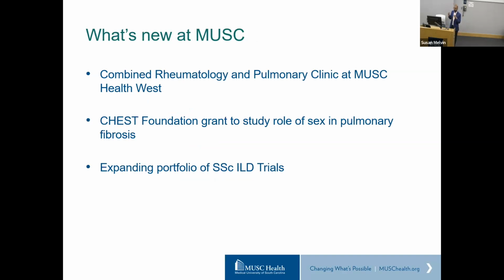I have a CHEST Foundation grant to study the role of sex in pulmonary fibrosis. Again, as I had mentioned earlier, men tend to do poorly, and we don't know why. Even if you account for biased exposure risks, like men tend to smoke more and have more occupational exposures as compared to women, we see that men tend to have poorer survival. The reason that evokes interest in me is whether there is something in women that we can try to replicate, modulate, or accentuate to help treat this disease.